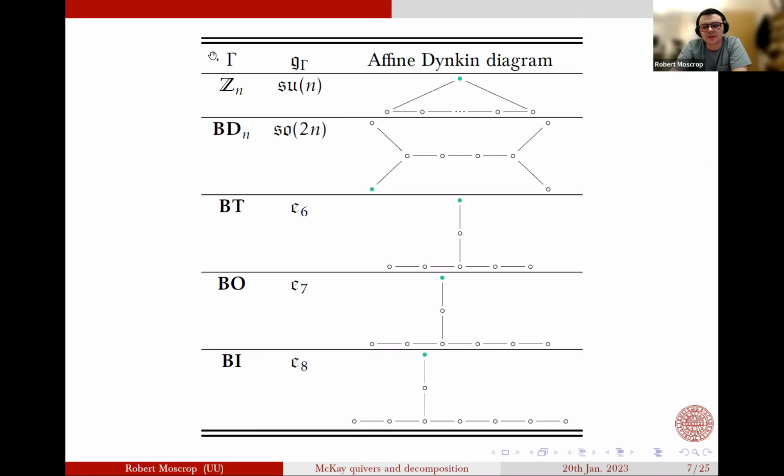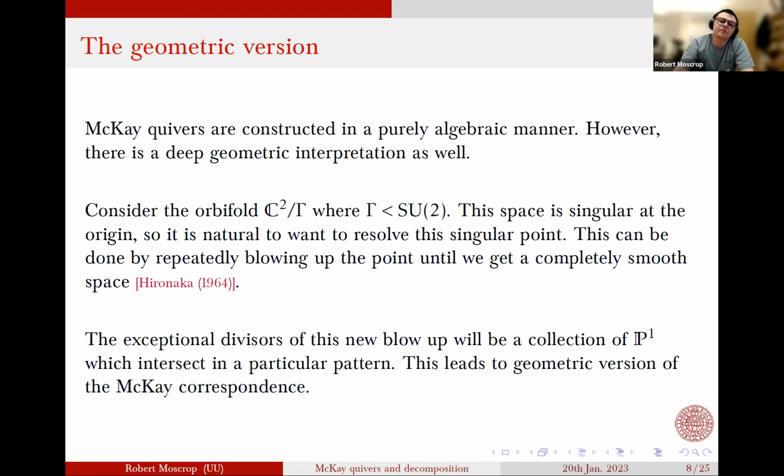So what we now have here is an association between these finite subgroups of SU2 and these Lie algebras, but maybe you can argue this seems a little bit artificial, a bit synthetic. Like, yes, I get these nice quivers, but can I do anything with them? Originally this was all it was, but then after a couple of years of study, a geometric version of this was found. And this is really the useful way into studying these things in string theory, let's say. Now that I have a faithful representation of SU2, I could consider the orbifold C2 mod Gamma, and say, okay, this is a singular space at the origin, but it doesn't really matter.